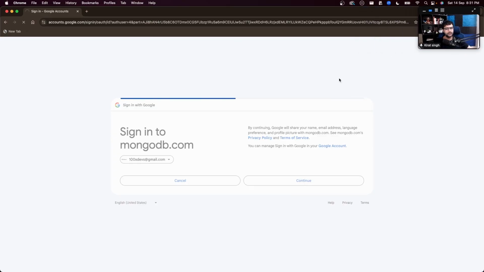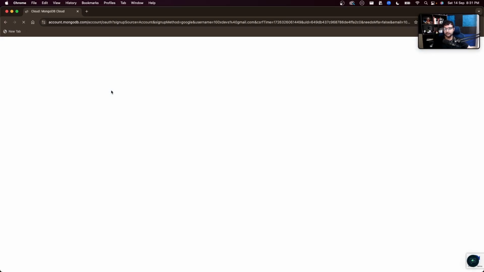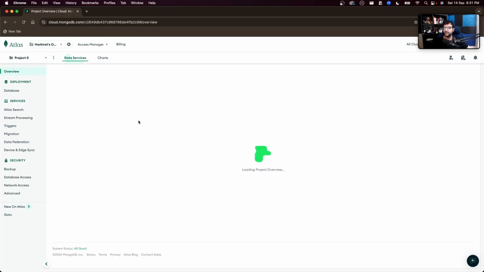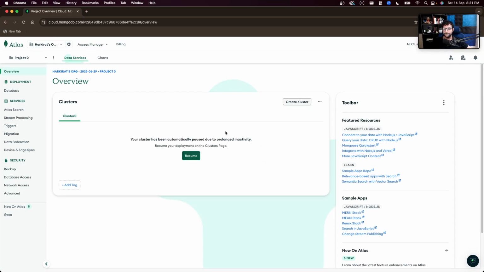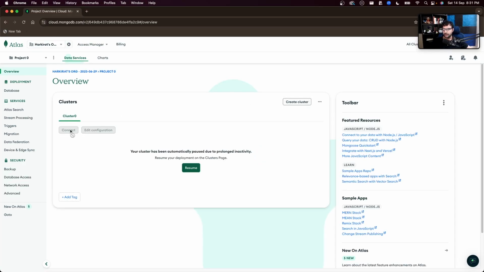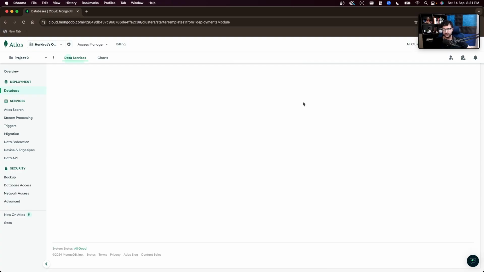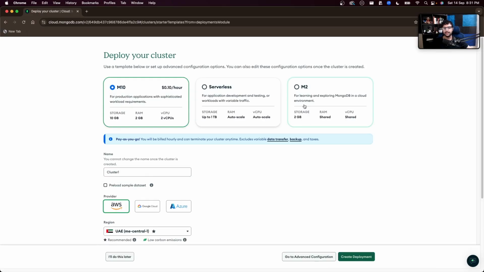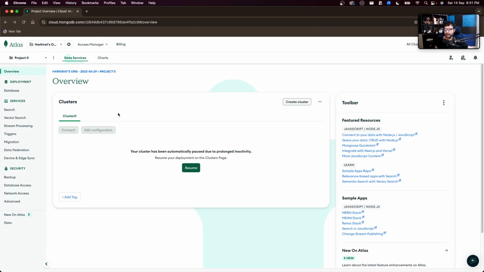100xsteps@gmail.com. If I sign up using this one, this is also not a fresh account, but this doesn't have any clusters yet. So I think I can create a fresh cluster over here. There you go. I click on create cluster. There you go. If you see this, then you are not good. M2, it is only letting me create paid clusters because